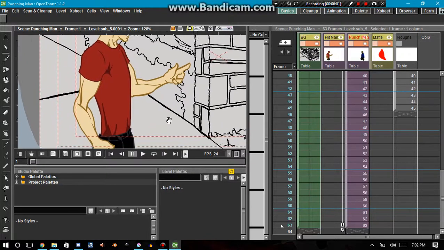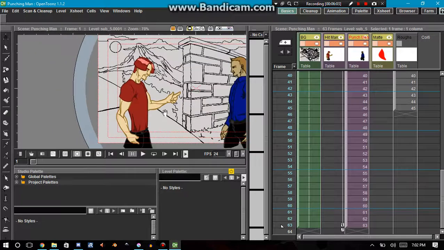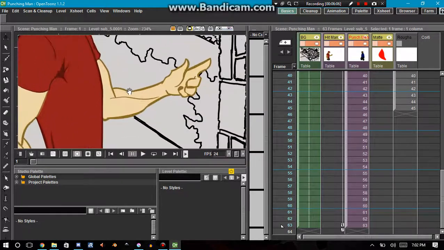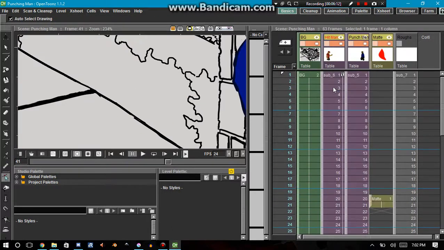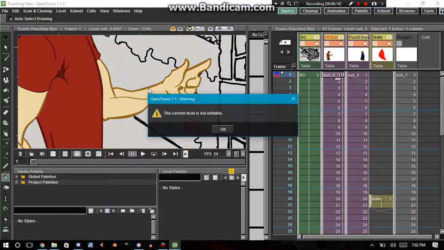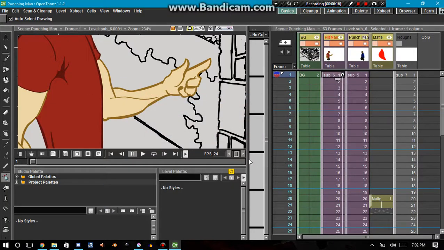And some of the weirdness of OpenToonz is this. Let me pull out the control point editor. Okay, well, let's see. Control point editor. Let's select a level here. Okay, for some reason I can't edit this. And I'm not really quite sure what's going on. But